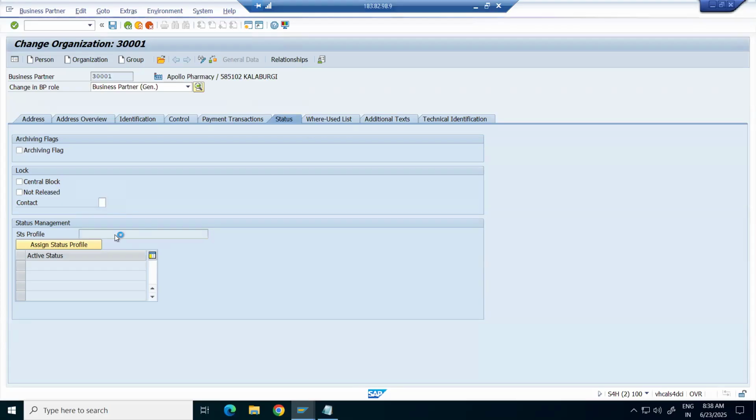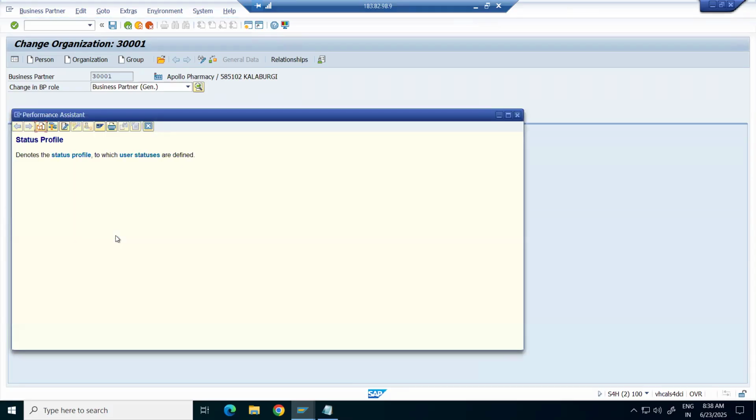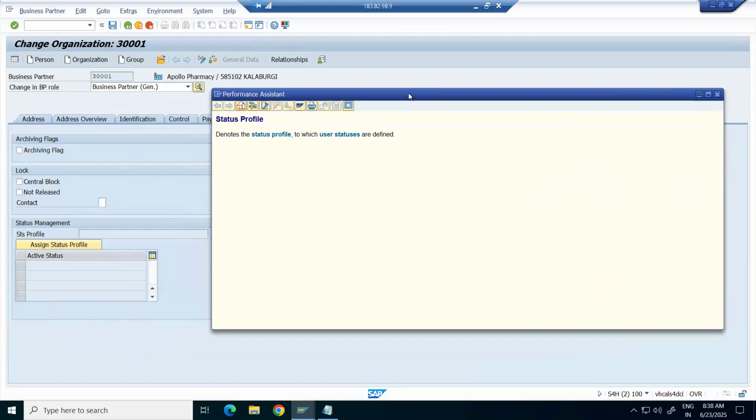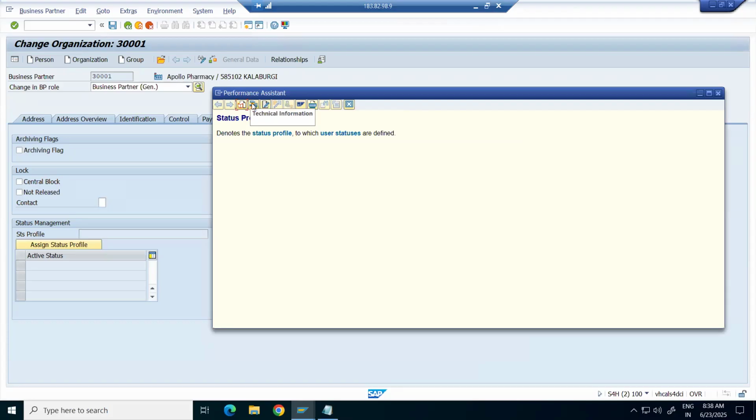Press F1 here, press F1 here. Anywhere if you have any doubt, you want to understand a specific thing or what is the use of that particular thing, please press F1 and come to this particular symbol. Here also you can understand: it denotes the status profile to which the user statuses are defined. This information is enough to understand, but still if you are unable to understand,